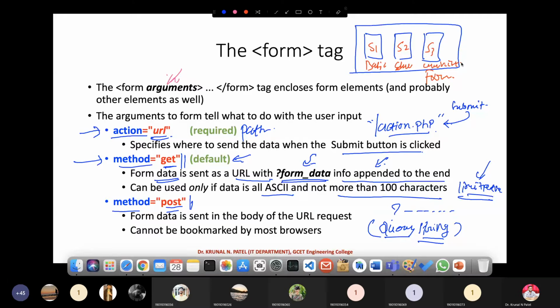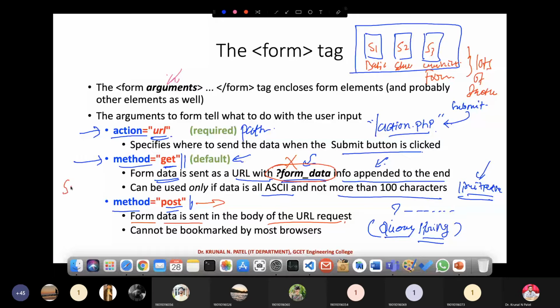So you can see that this particular form contains a lot of data. In that case, you cannot go for the GET method. In that case, you have to go for the POST method. In a POST method, there are no limitations, so you can send as much data as your requirement needs. Another thing, whenever you go for the POST method, the form data is not appended at the end. Only the URL will be there.